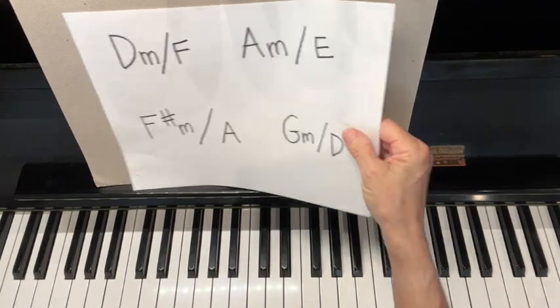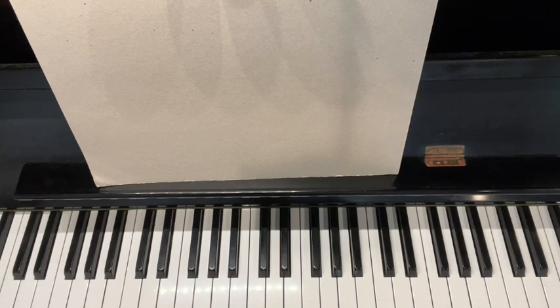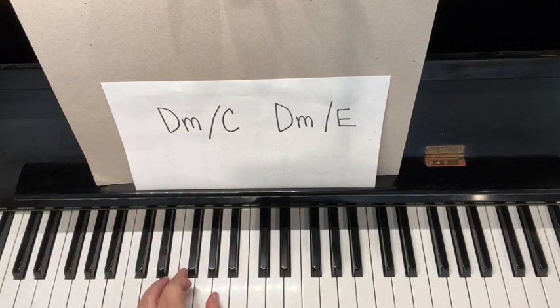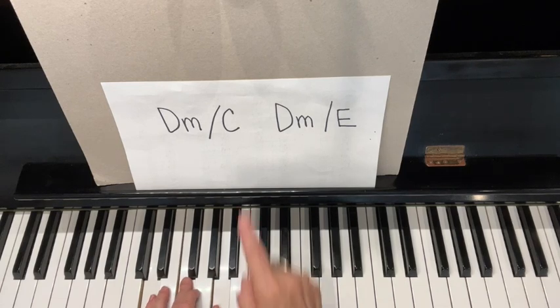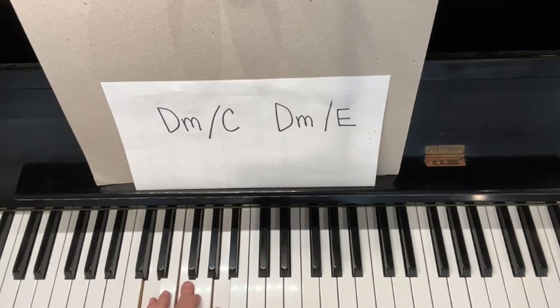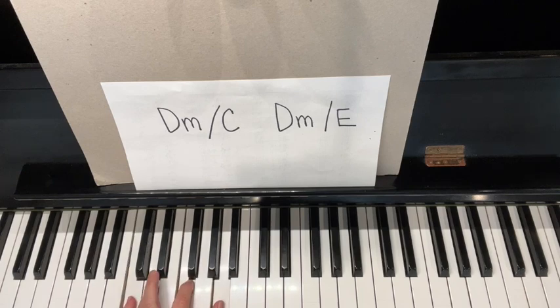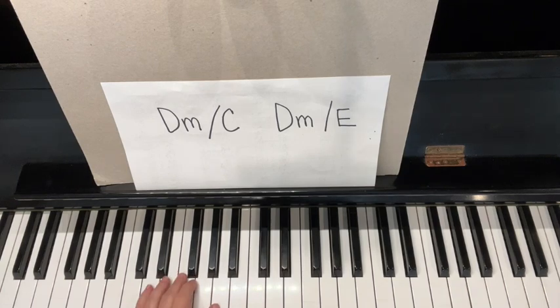And we learned in part 1 that sometimes slash chords include notes that are not in the triad to the right of the slash. So for example, a D minor chord doesn't have a C in it, but we can add one at the bottom. So here's a D minor chord, and I'm just going to put a C at the bottom. Let's switch my fingering around a little bit so I can play all 4 notes. You've probably heard this chord progression at times. So sometimes there are notes that are not in the chord that are in a slash chord.